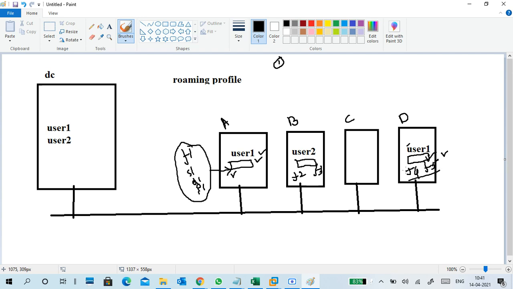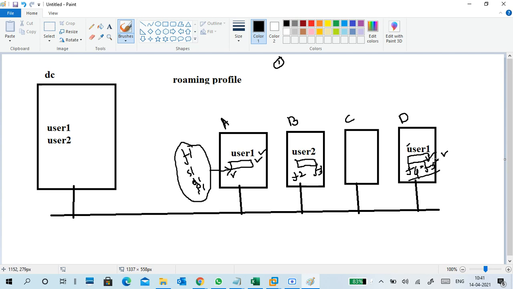User one logs in here with a local profile, and he created some data here, and he also created some data there, under his profile.